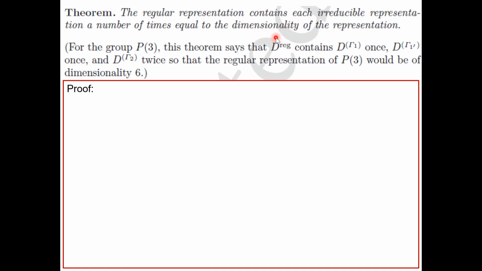It's not the best way to find the different irreducible representations of the group, but it is a straightforward way, so it's not very much used. There are easier ways to find irreducible representations of the group, but this is a straightforward way. It will always work, okay? So what does this theorem mean? It means that, for instance, if you use again the group P3 as an example, it says that this regular representation contains